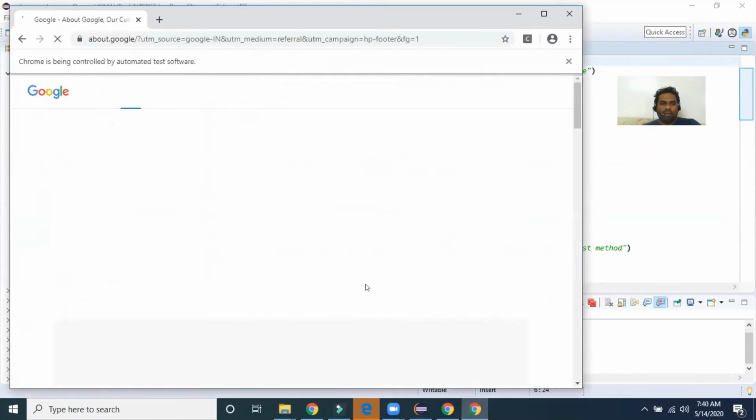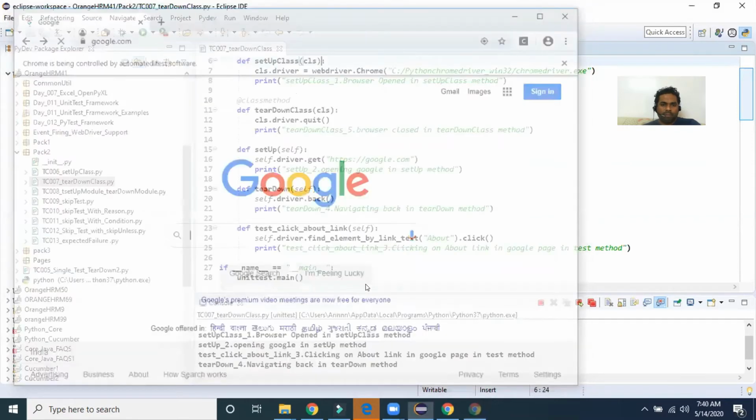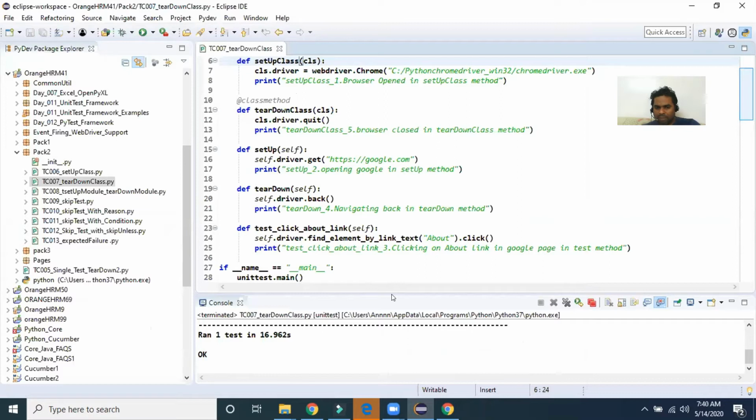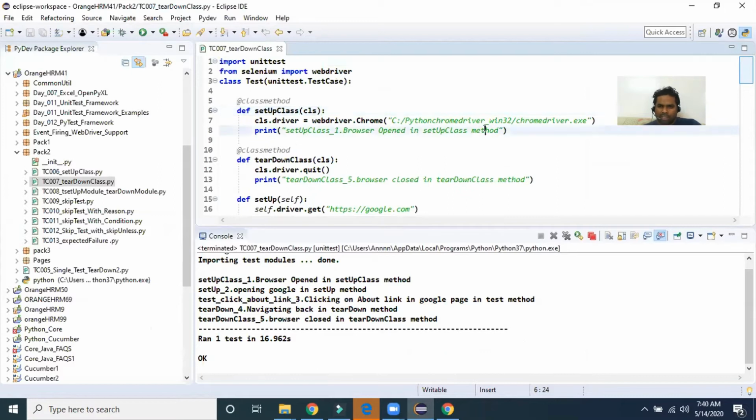The google.co.in page is open. Click. Now let's understand the program log, how it has executed. The first method is setUpClass, and the log prints browser open in setup class method.